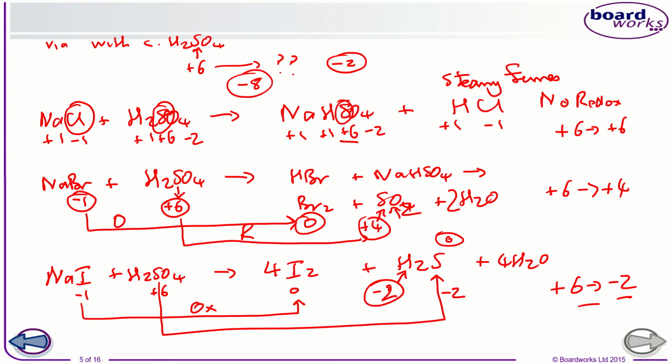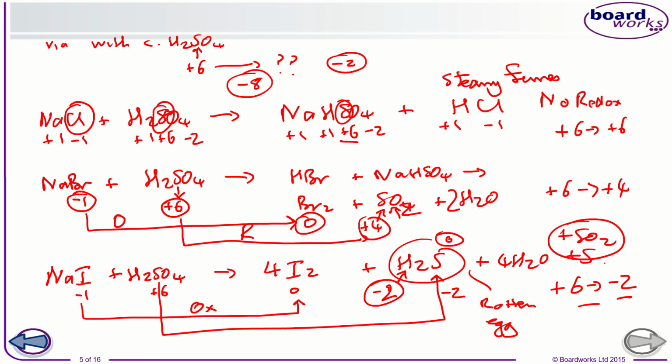And that's that hydrogen sulfide, that's that sort of rotten egg smell that you would use in your description, if you were saying what your observations would be here. You will also get in this reaction some of that pungent sulfur dioxide given off as well. You will also get in this one some solid sulfur, which is a yellow substance, so you would probably describe that. I'm just showing the products that are the most significant in terms of the biggest reduction in the oxidation numbers, which is of course right down to -2.